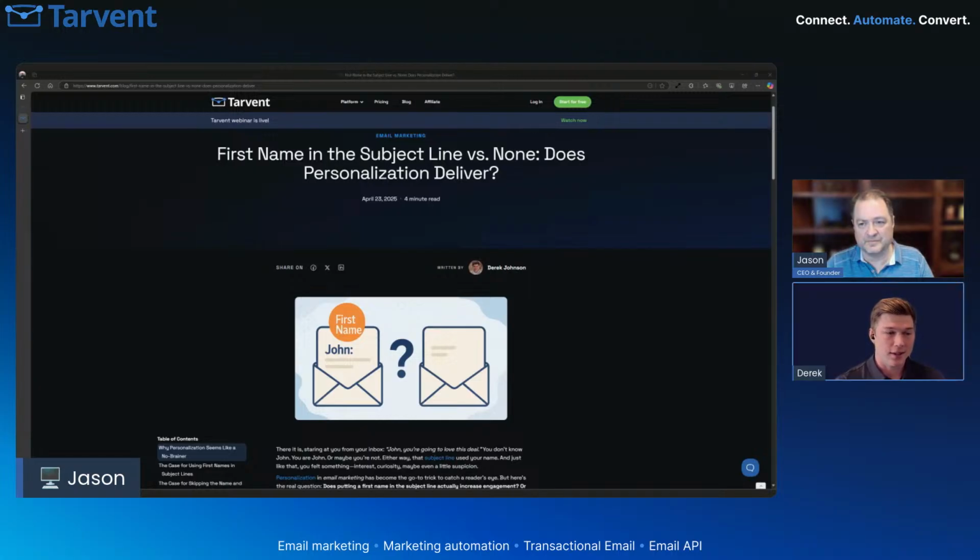And then another interesting point was emails with poor personalization. So let's say you have the wrong first name, or the wrong last name, or the wrong age or something. If you have the wrong data for the person, that can actually cause higher unsubscribe rates. So that's another thing to take into consideration when you're doing this personalization.